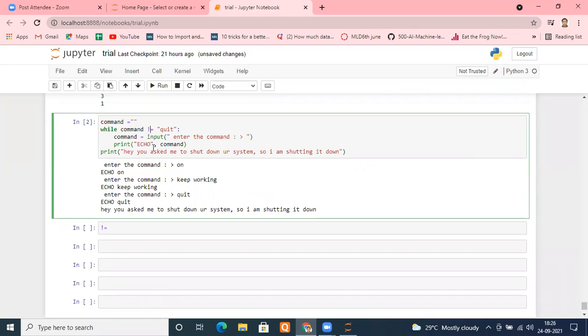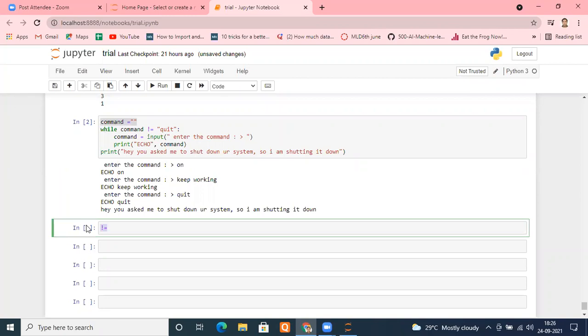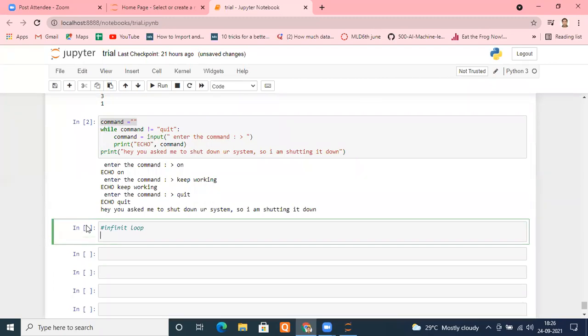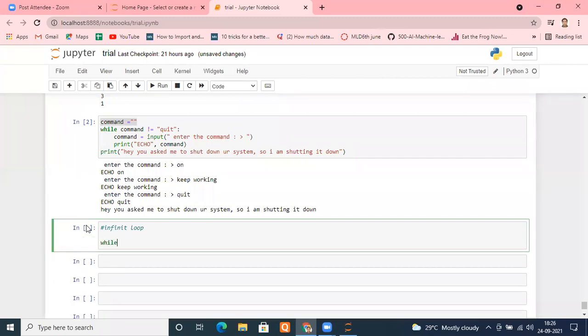Okay, so now let's solve this problem. Why do we want to enter this thing? The empty string created a confusion for me. So we have a solution for the same, known as an infinite loop. We will take the help of an infinite loop to solve our problem. How? See, I will type while. We necessarily want the while loop to run so that the user may enter his command. So I'm putting True here.